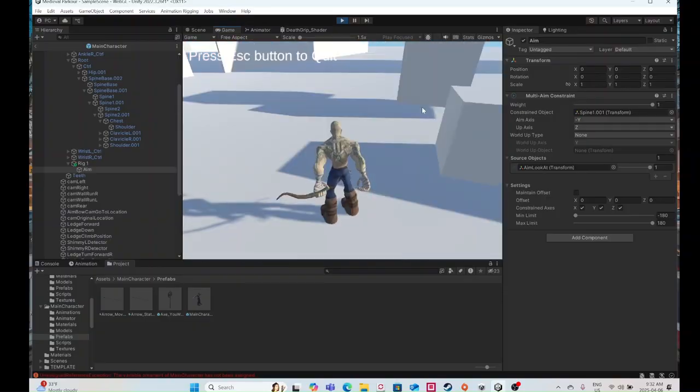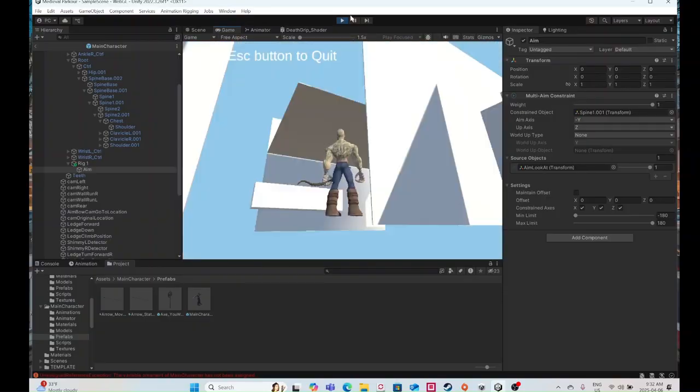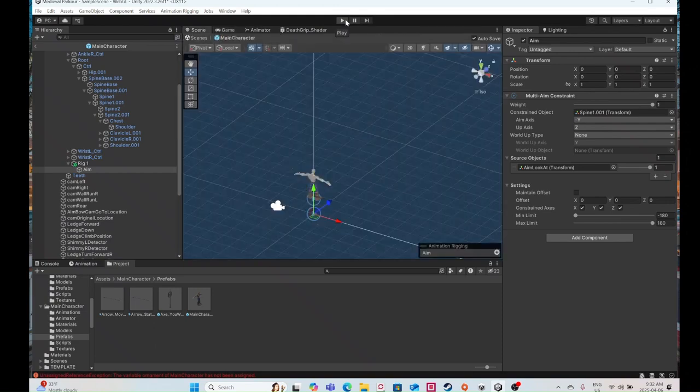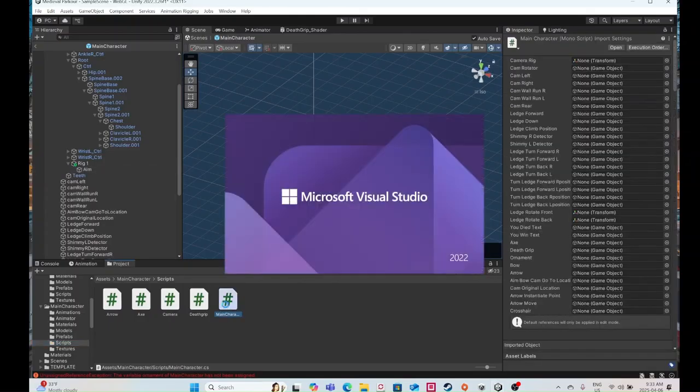while he's not aiming. So basically what I need to do is in code, I need to shut this off. I need to set weight to 0 when he's not aiming, and when he is aiming, it's set back to 1. So in the main character script,